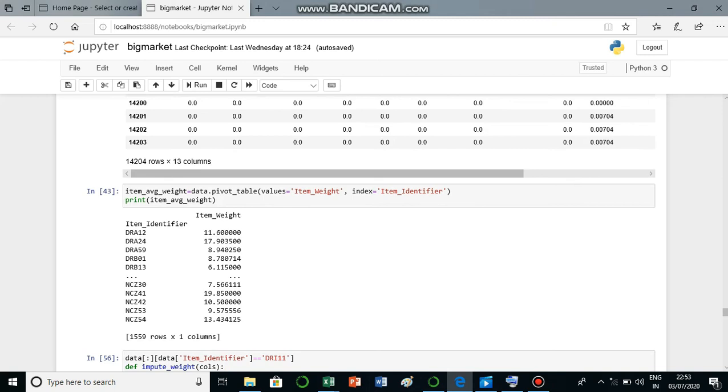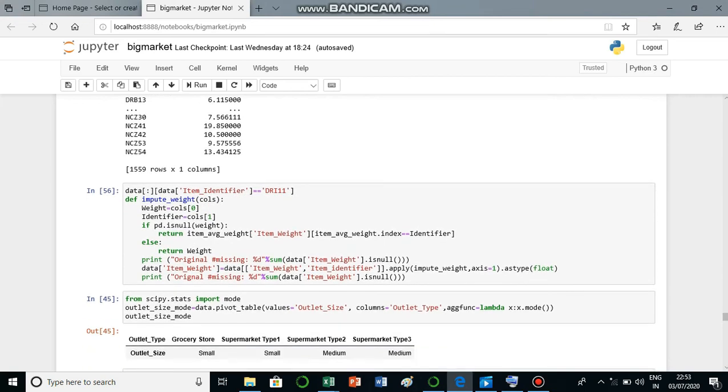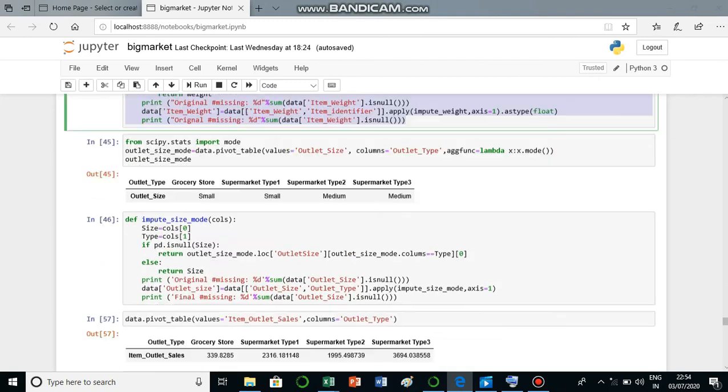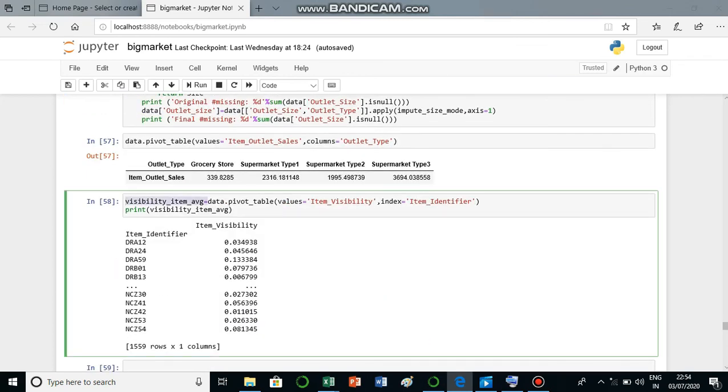Here we have displayed the item average weight. You can see. And this we have defined the data. Here we have displayed the item visibility average.